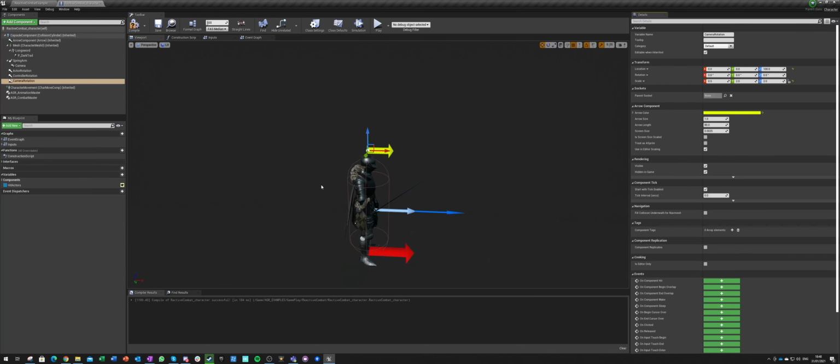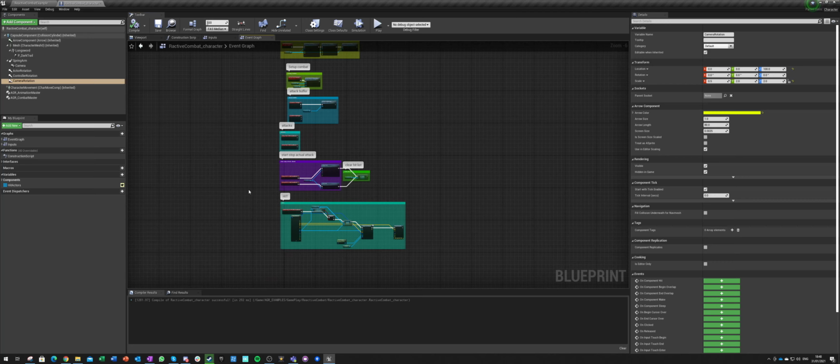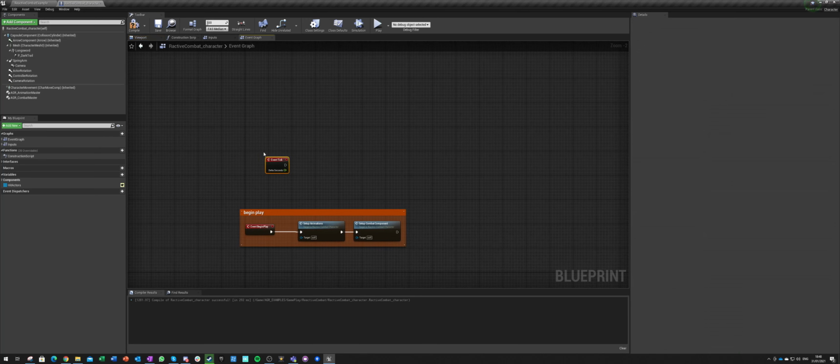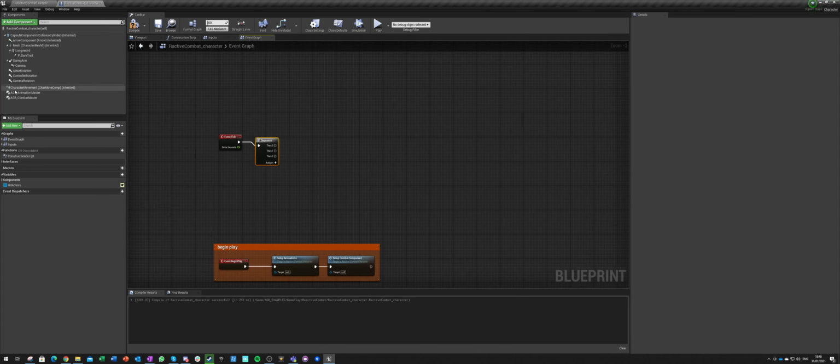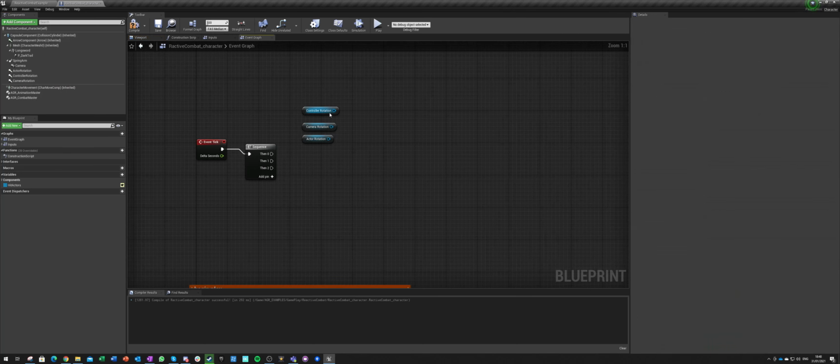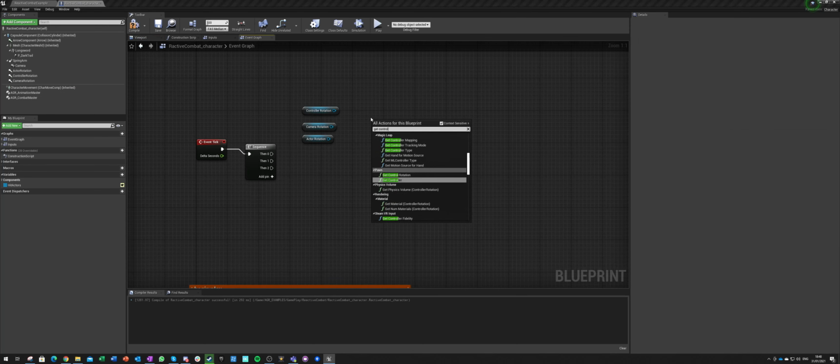Okay, so what we want to do, we want to go into our event graph, and we don't have any tick yet. We need tick, and now on tick we'll do sequence, and we'll set all of those arrows' rotations. So what we need is just take all those three, and we'll get control rotation.